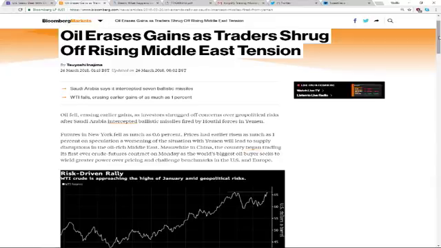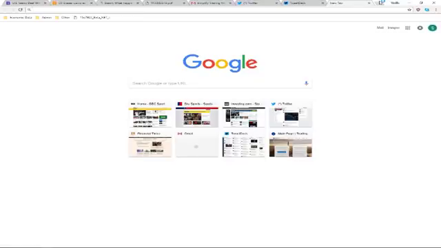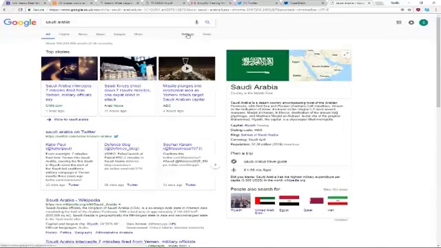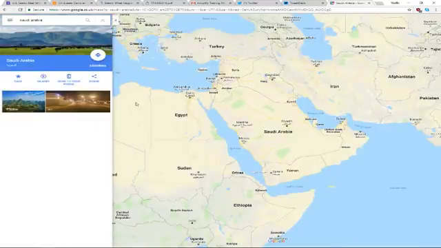So quite interestingly, there's been 7 ballistic missiles that Saudi Arabia has intercepted. I'm looking at the details, but presumably this is the Houthi militia firing from Yemen. So let's just quickly bring up Saudi Arabia on a map, just for those who are less familiar with the territory here and what exactly is going on.